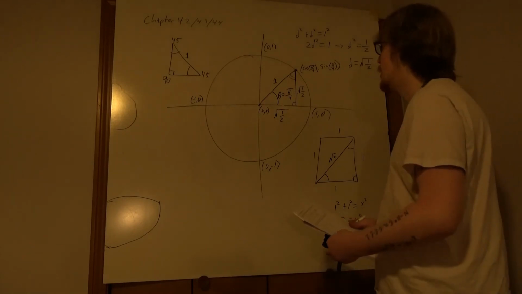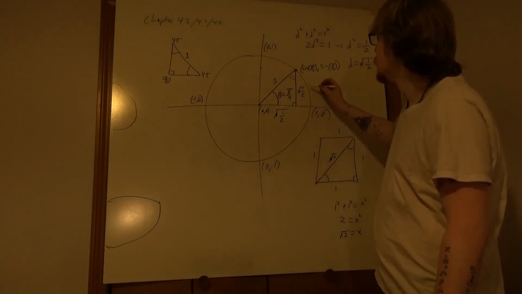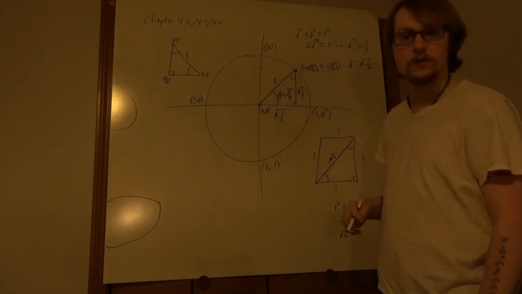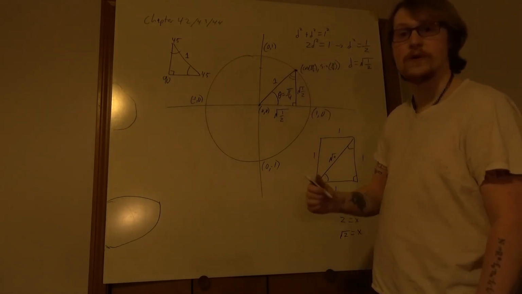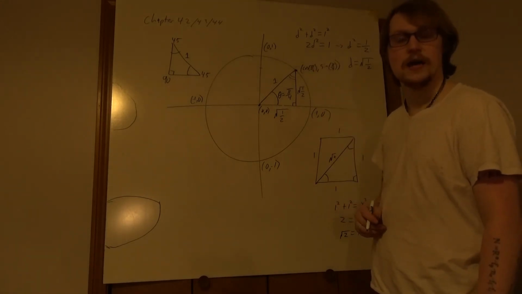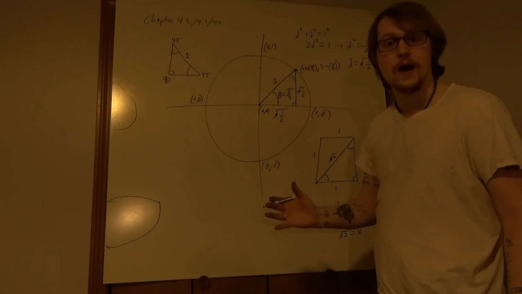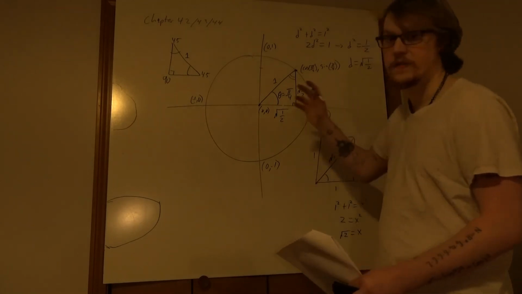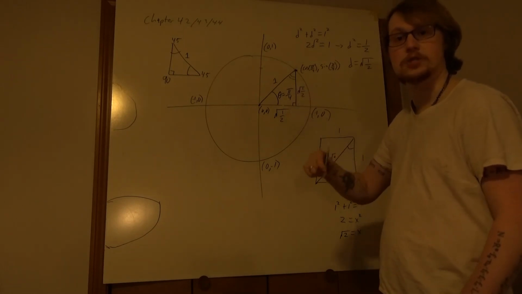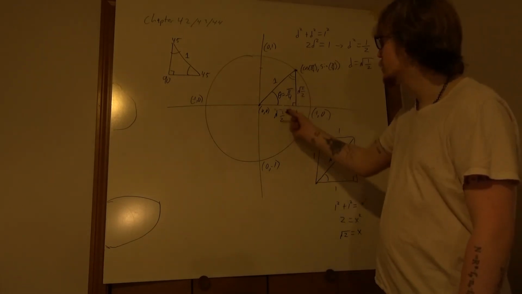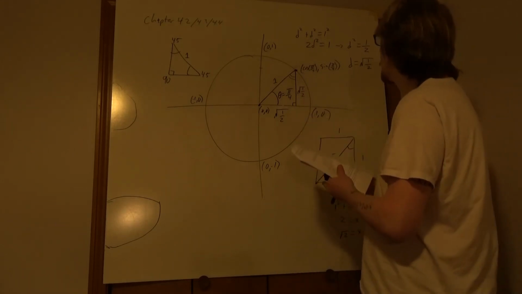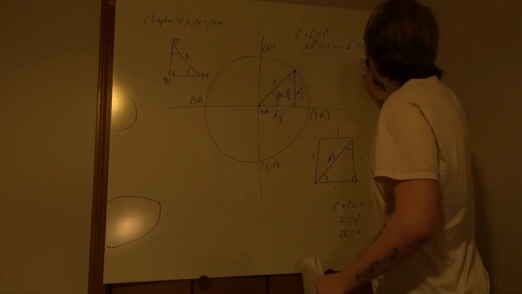Well, it actually gives us quite a lot, because we also know that these two lengths give us the coordinate values. And before, we figured out that the coordinate values are exactly the cosine and sine of that angle. So now we've combined the definition of sine and cosine to get that it is the coordinate pair, and we used geometry and the Pythagorean theorem to figure out what those values actually are. And so we can say